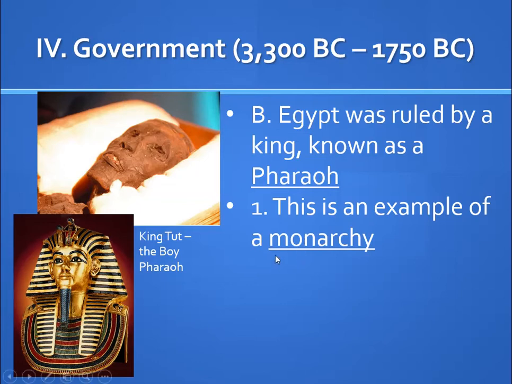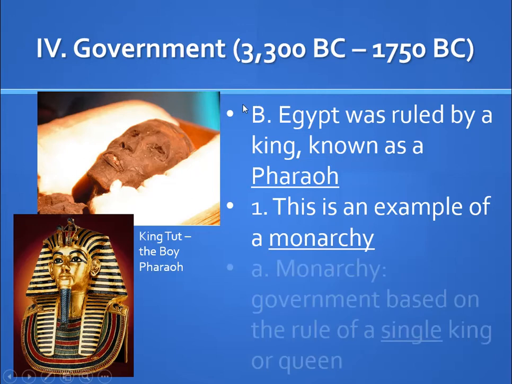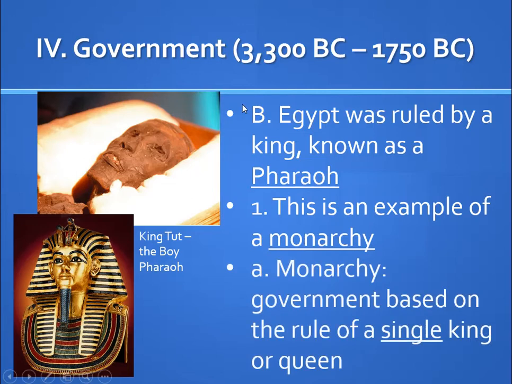We look at that prefix, M-O-N, and that means one. Like Monday is the first day of the week. So that is an example of one ruler. That's the king. Now, what if you have a dictator? Would that be a monarchy? No, because a monarchy,